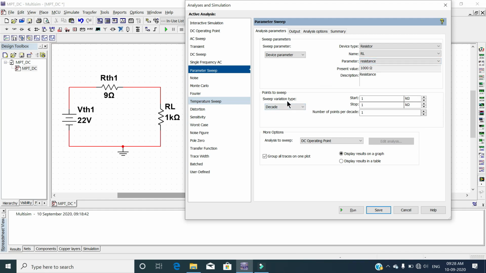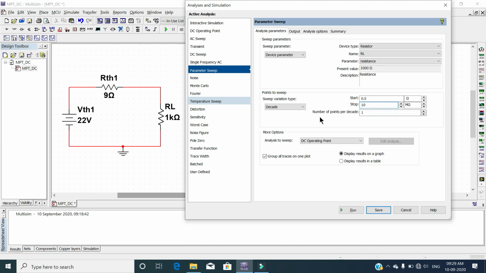Under sweep variation type, I will select decade. The sweep variations type dictates how to calculate the interval between start and stop values. So let us take start value to 0.5 ohm and stop value to 10 mega ohm.